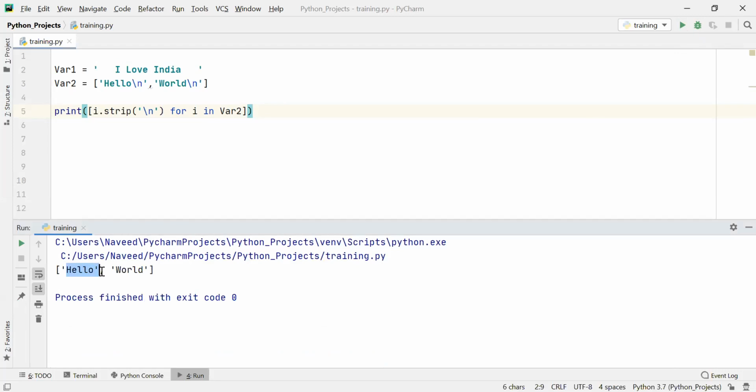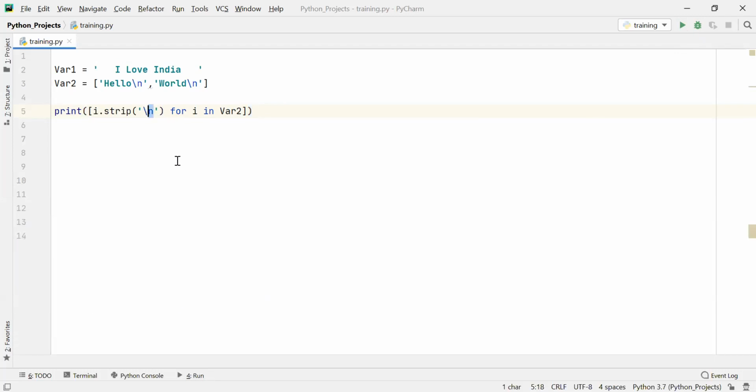So you can see here I'm getting hello and world. So I'm not getting the slash n, which is a newline character in any programming language. My requirement is to remove this from every element. In this way, first I need to convert this into a list because this is in a list format. Whenever I'm working with a list, I need to use the for loop. So first I'm checking this element for i. The i value points to hello slash n, and then I'm stripping slash n. Then I'm moving to the next i value. So in this way we can use the strip function. I hope you have understood.